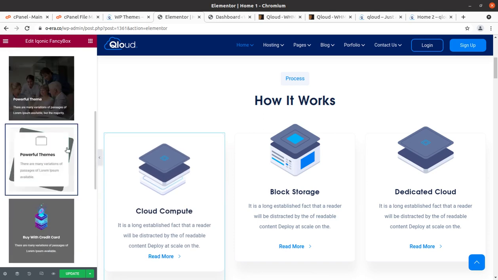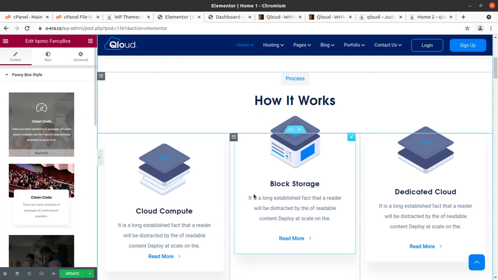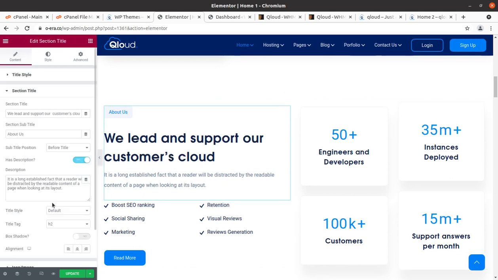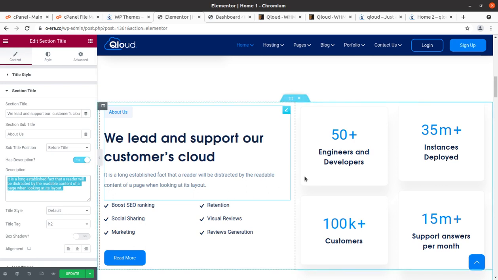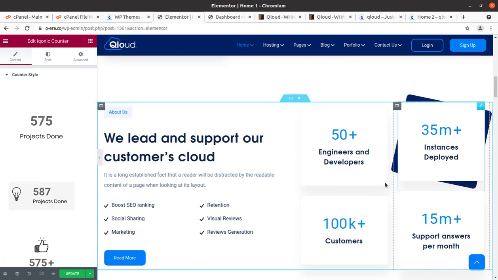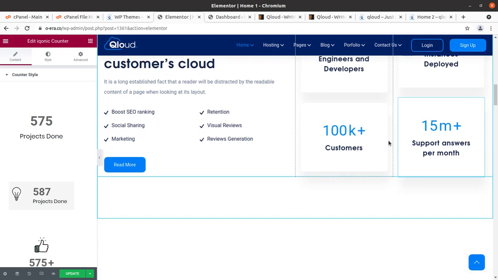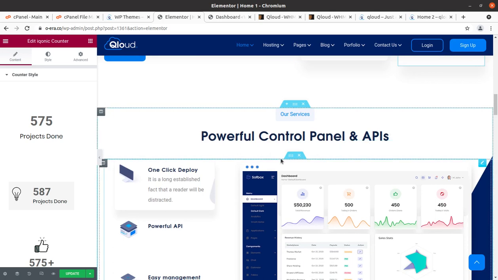Okay, so this is simple and effective, and section title and all contents are here just as you want. What you have to take care of is to use the same length content as has been given in the demo content, so that you may maintain the design and integrity of the website.